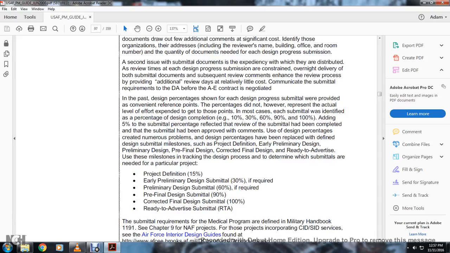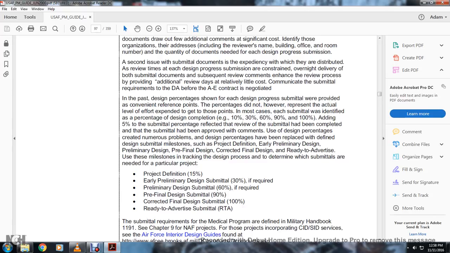The percentages of design presented to show design progress provide a convenient reference point, but the percentage does not, however, represent the actual level of effort expended to reach those points. In most cases, each submittal identified the percentage design completion of 10%, 37%, 60%, 90%, and 100%. Adding a 5% submittal percentage reflected that the review of the submittal had been completed. Approving the submittal comments using design percentages